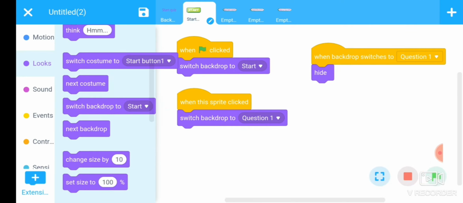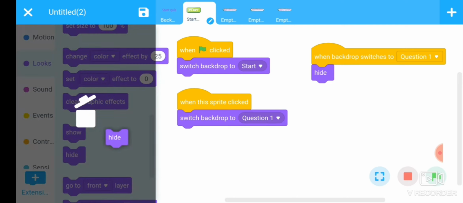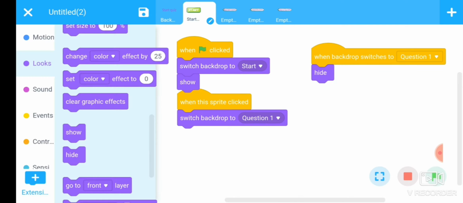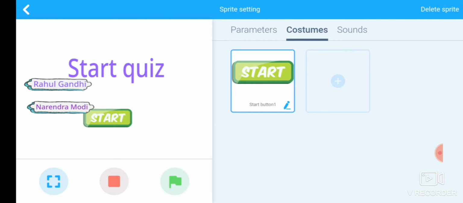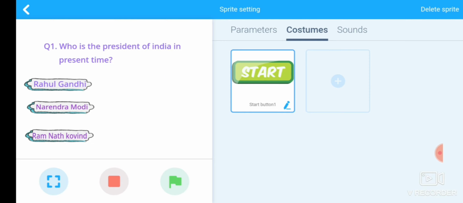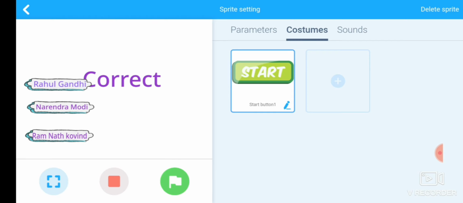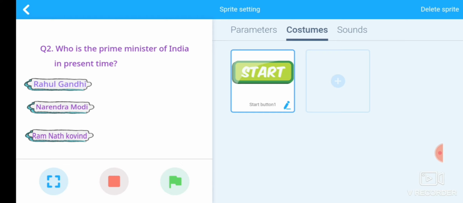Go to the Looks section, type here a command show, again start. Okay, whenever we click on the start button, our quiz starts and the first question of the quiz is displayed on the screen. Now whenever we click on the right option, Ramnath Kovind, a correct screen is shown first, and then the second question is displayed on the screen. Okay, fine.